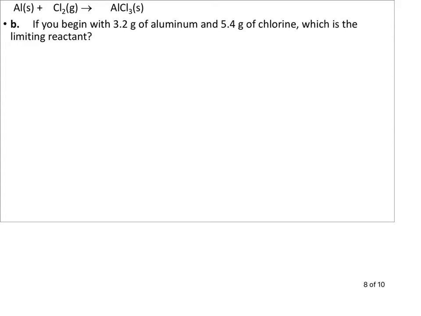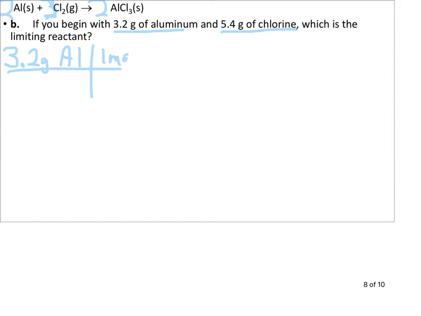Part B, we're taking this equation, and I'll put our coefficients in up here. We had a 2, 3, and a 2. It says we'll begin with 3.2 grams of aluminum, 5.4 grams of chlorine. Which one's the limiting reactant? So we'll do stoichiometry on both of them again. 3.2 grams of Al,